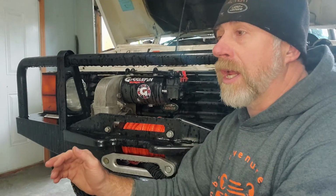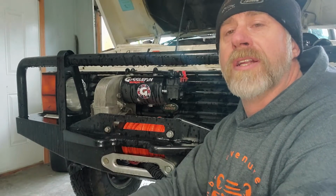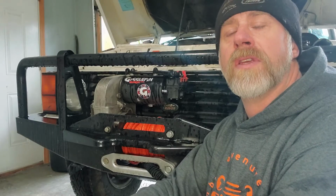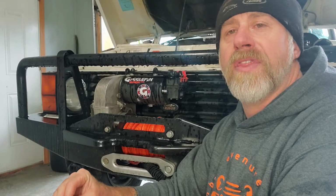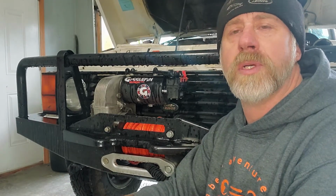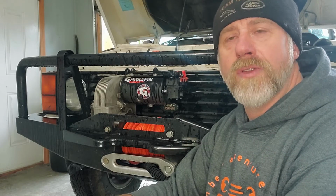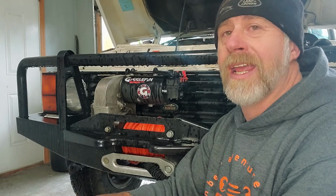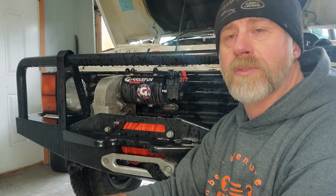And some of the stuff I'm going to go over today with the electronics is some of the common things that will eventually go bad with them, and things to test when it comes to the solenoids or the motors or your switches to determine the first thing to do when it comes to this type of winch and most other winches. If you've got a winch that all of a sudden stops working,